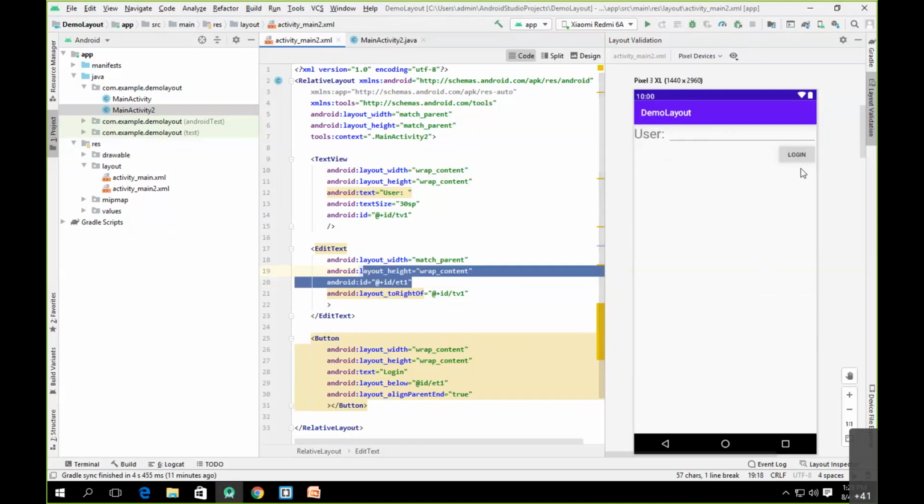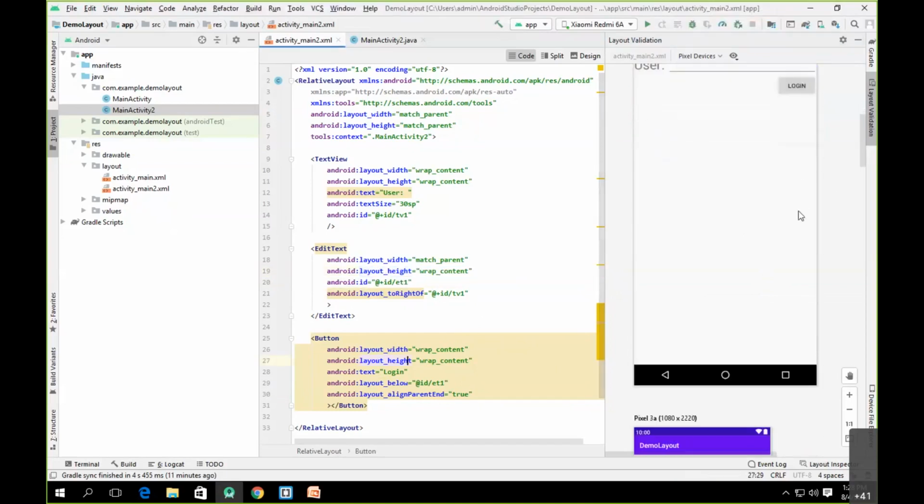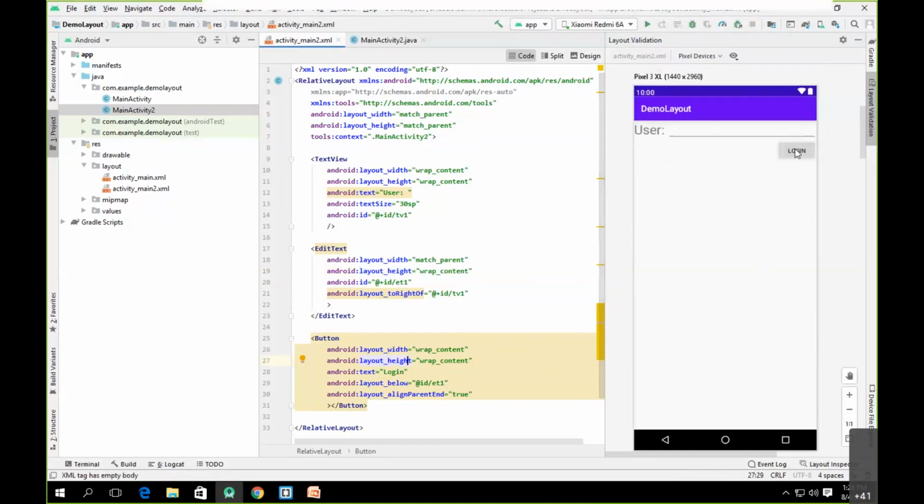If I consider this button, then this will have the relative position with respect to edit text also, and at the same time with respect to the parent also. So it is below the edit text and it is at the end of the parent.